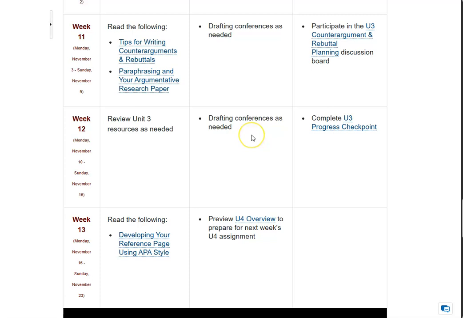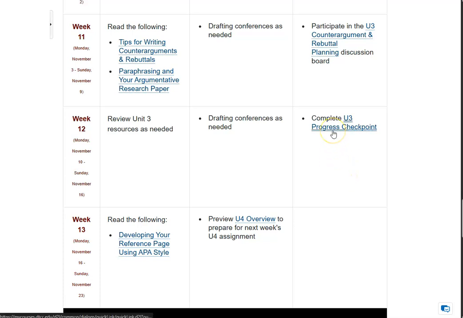We will have drafting conferences this week by using the Unit 3 checkpoint. I went back and forth so many times thinking that I wanted to push this back to this week. But honestly, I kept thinking that keeping it here will be a smart idea because I've already asked you to complete your development section, and you should already have multiple pages to show me with just the introduction, background, and conclusion left. So, what am I talking about here?